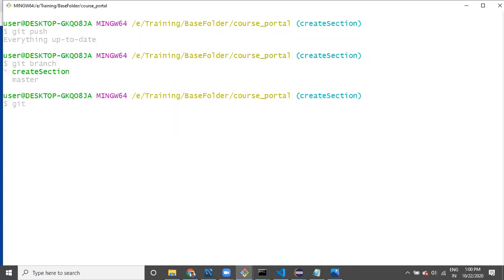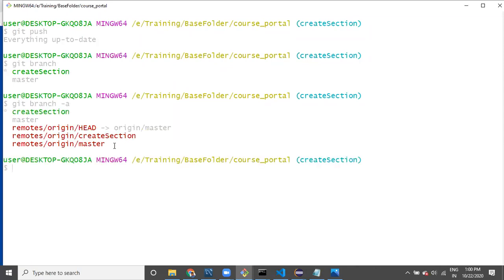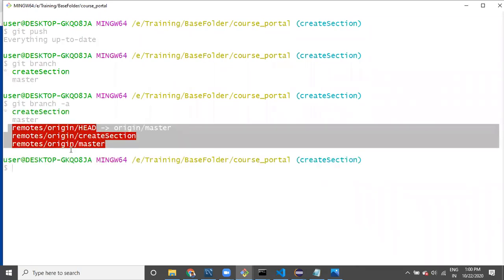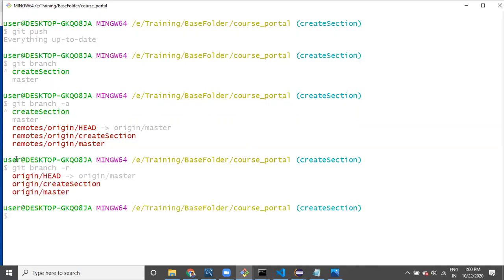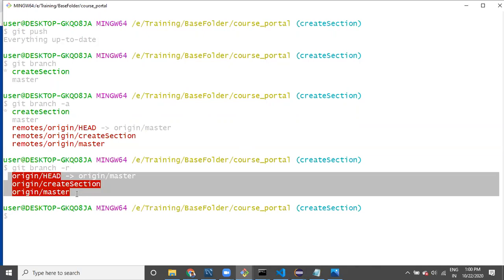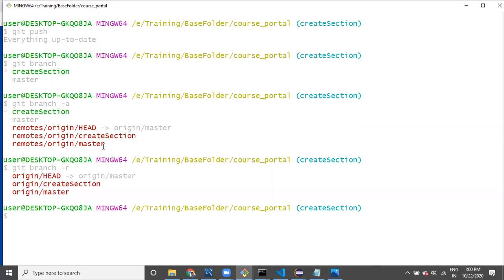And git branch slash a, it will display all the branches from the remote and then local. If I say git branch only in the remote, remote branches, only remote branches, something like this. Anyways, you can create the branches and you can write your code and you can push the code